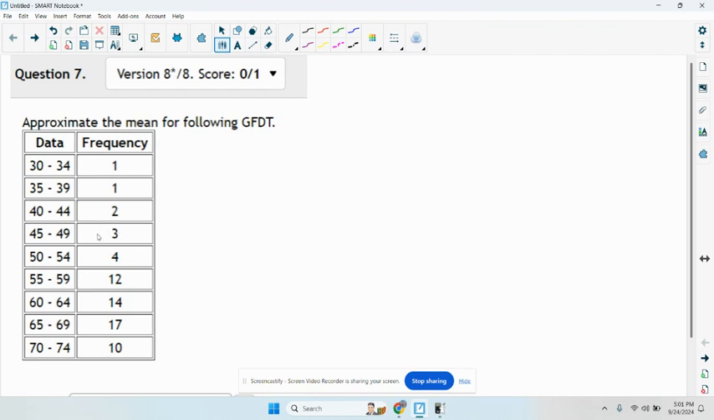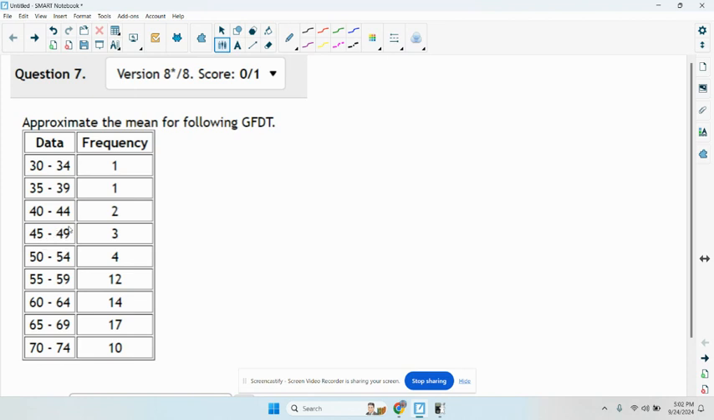we don't know, for example, if I look at the interval from 45 to 49, what these three values actually are. They could all be the number 45. They could be the numbers 45, 46, and 47. We do not know. So we have to make some assumptions here. For these types of problems, you're going to assume that all three of these values are the exact midpoint